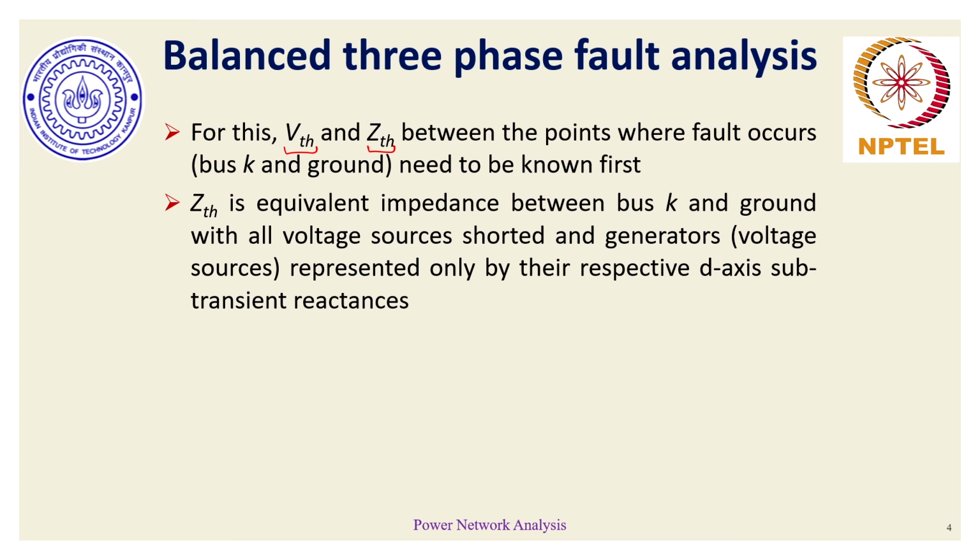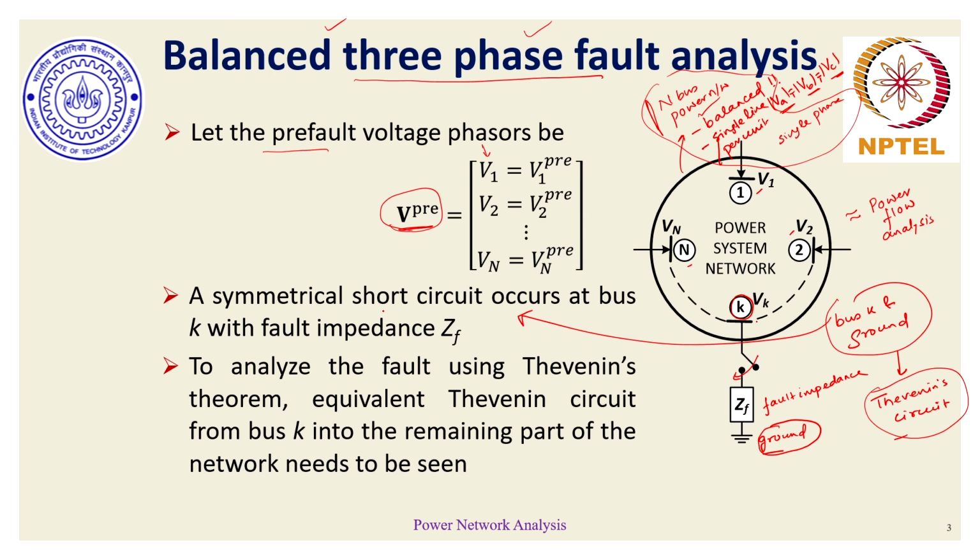While finding the Thevenin impedance, it is important to represent all rotating devices, synchronous generators, induction motors, synchronous motors, by their respective direct axis transient reactances. So in addition to considering the N-bus network,